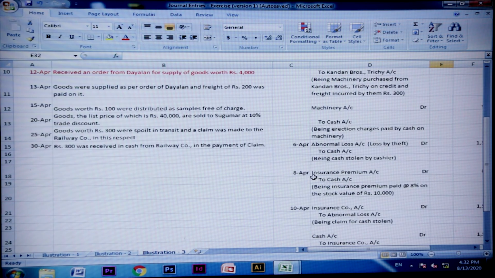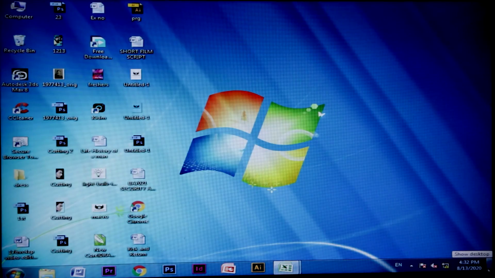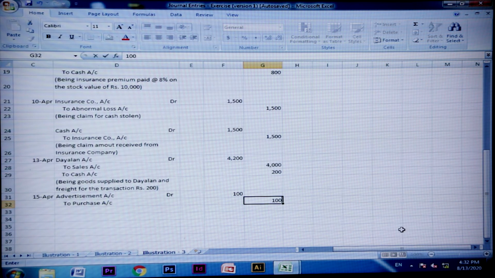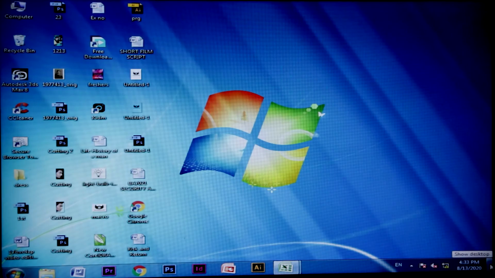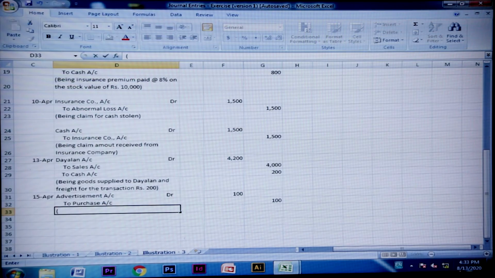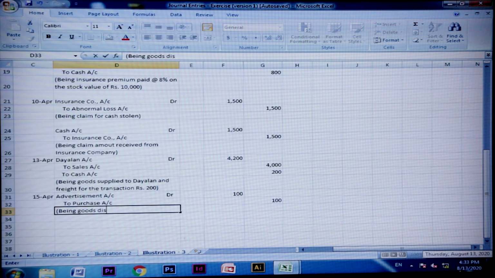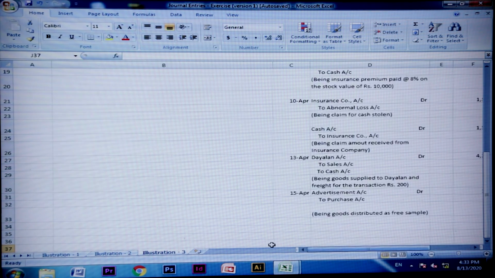So the value of the goods distributed is 100 rupees. So advertisement account debit 100 and purchase account credited 100. The narration is being goods distributed as free sample. And the next entry is on